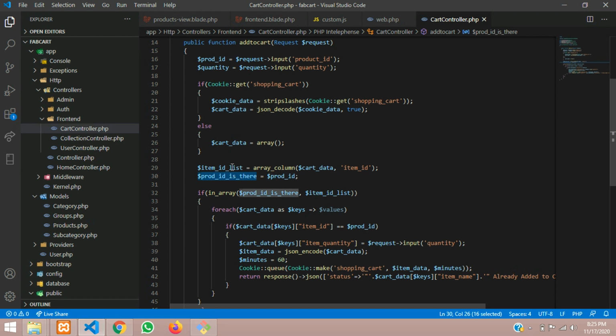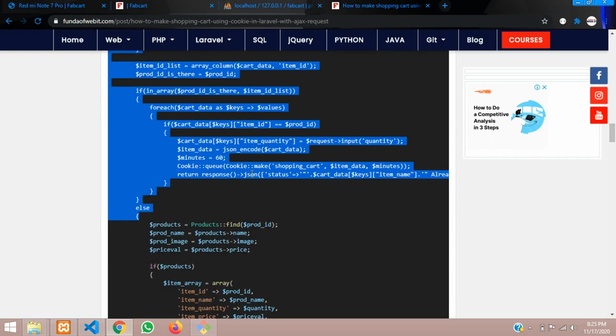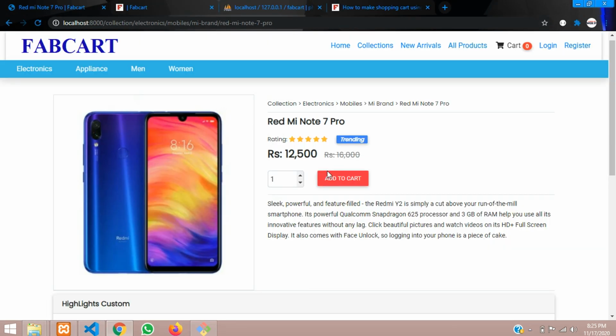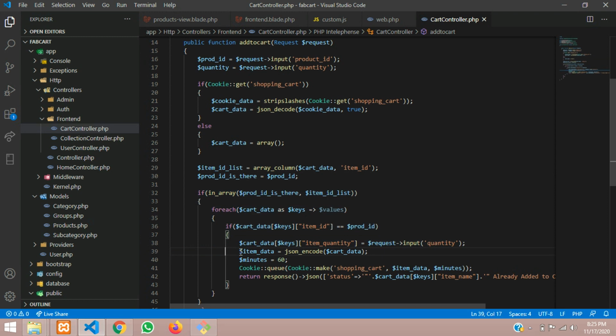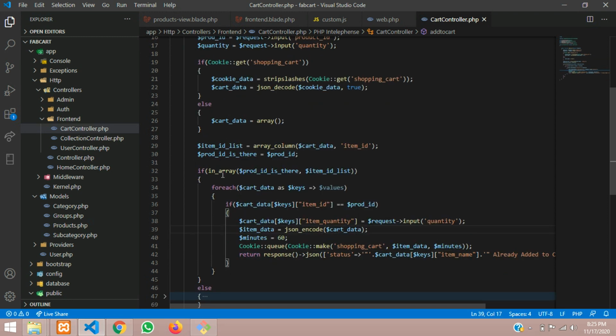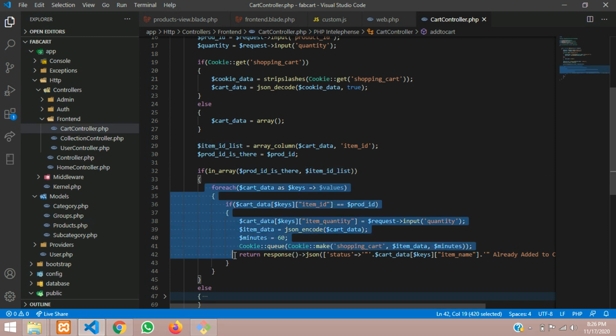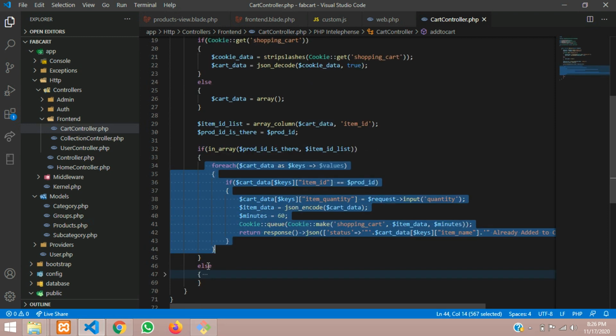So now we have to check that main thing. We have to check whether the data of this product is available into the cart or not. So I have already entered this, right? So it should check that if it is available, it should go inside this if condition or else end condition. So that only, we are using in_array function or method to check the product is there or not. So if product ID is there and item list also is there, then move in it. If it is not there, then please add with it.